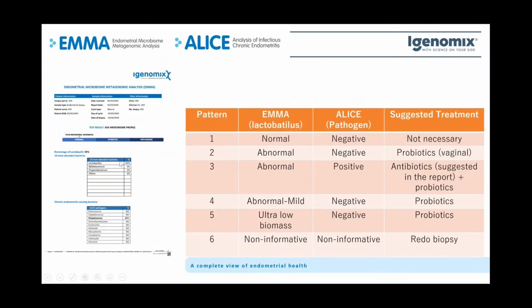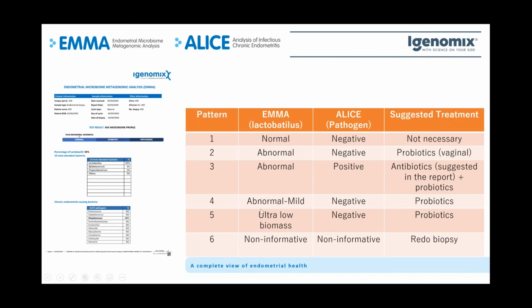So for the EMMA result, you can see that EMMA tells you the percentage of Lactobacillus. 90% is our standard. If the Lactobacillus is more than 90%, it is normal and a very good, optimal result. It is Lactobacillus dominant and you can transfer. If it is not, but the pathogen is negative, there's no antibiotic treatment, but you will need probiotics treatment. But if the pathogen is positive, if ALICE is positive, you need to treat the pathogen with the antibiotics that we suggested in the report,